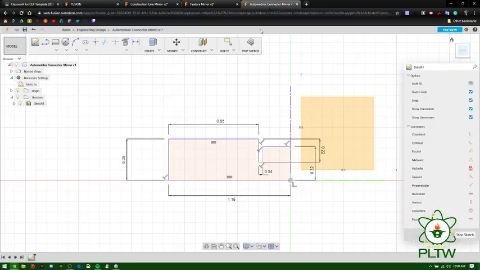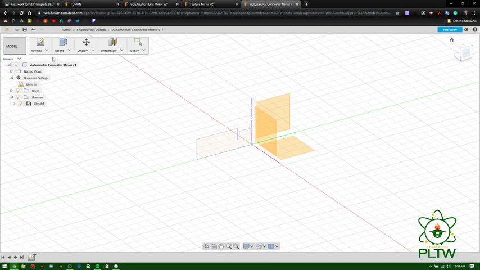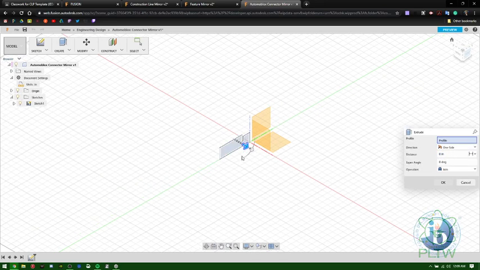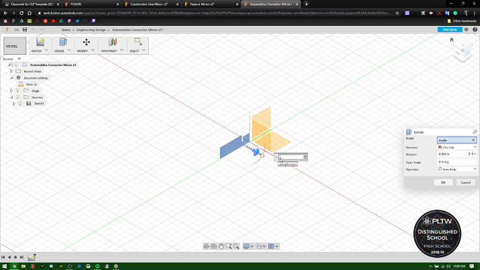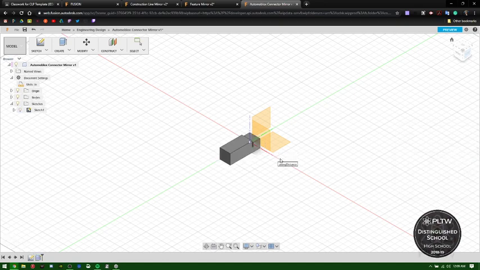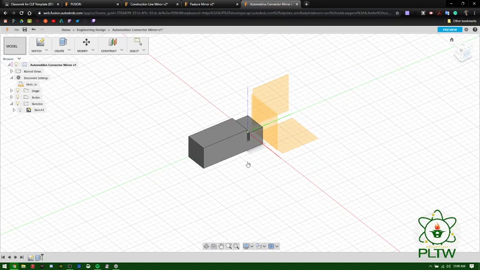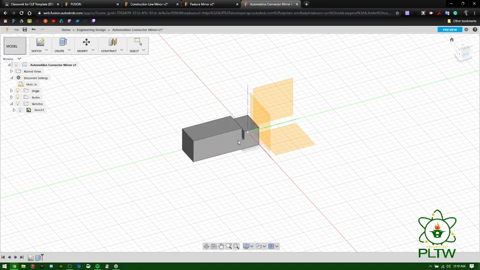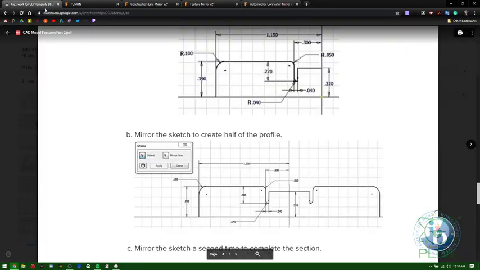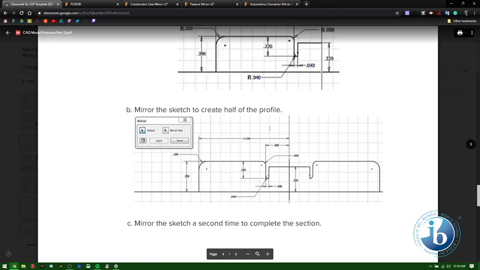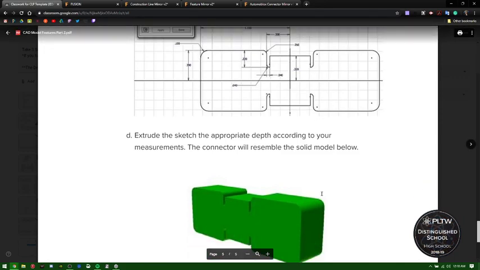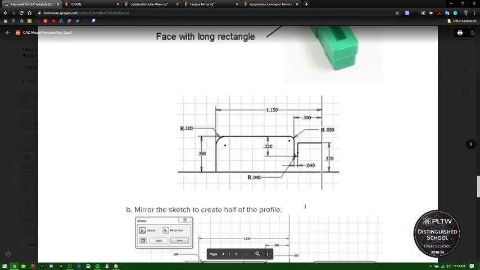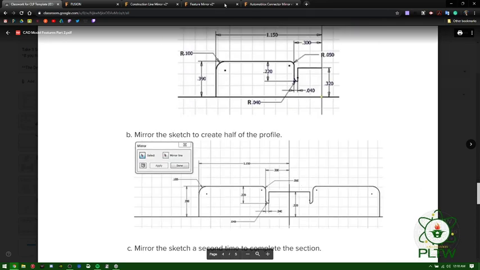So what I'm going to tell you guys to do is to stop the sketch, extrude that profile, and we're going to make it 0.3, let's make it 0.4. Okay, and now we have this kind of thick piece, right? So you want to add the radiuses first. That's probably the easiest way to do it. So we're going to mirror that piece. We're going to mirror it across one, going basically horizontal, and then vertically across the horizon. So have that piece, mirror it,